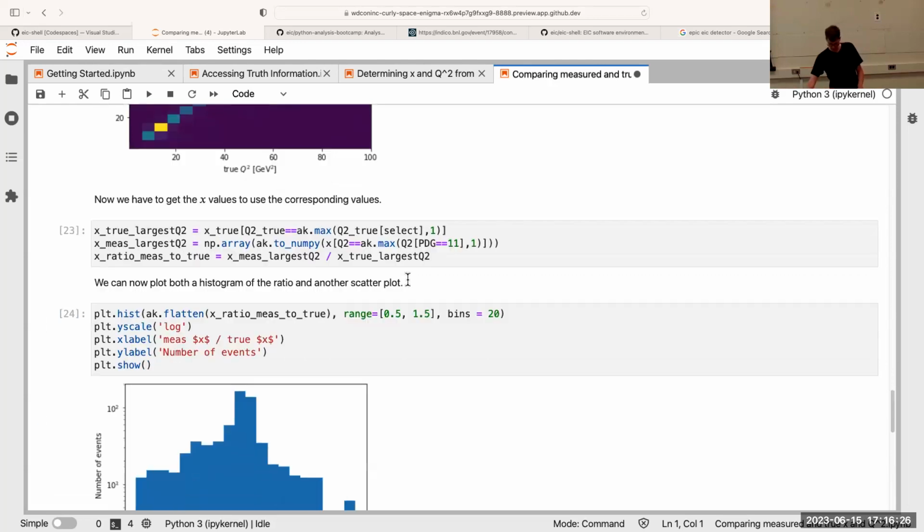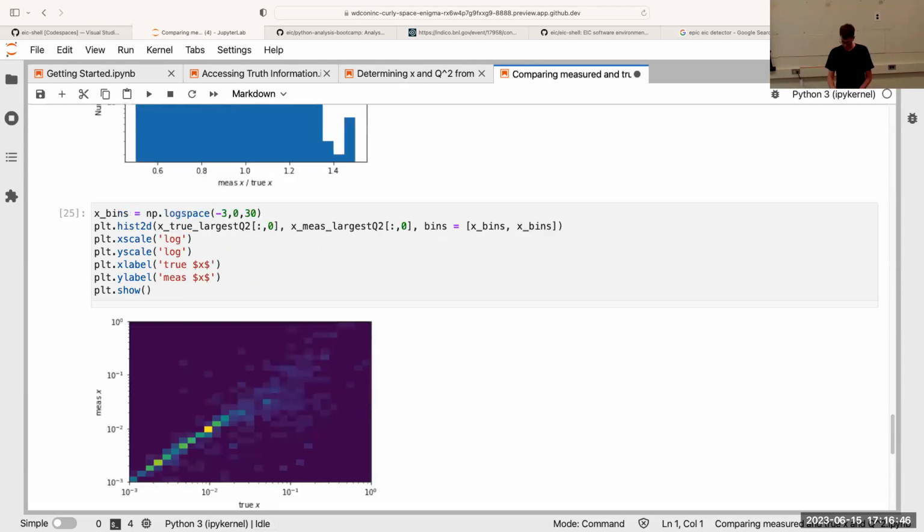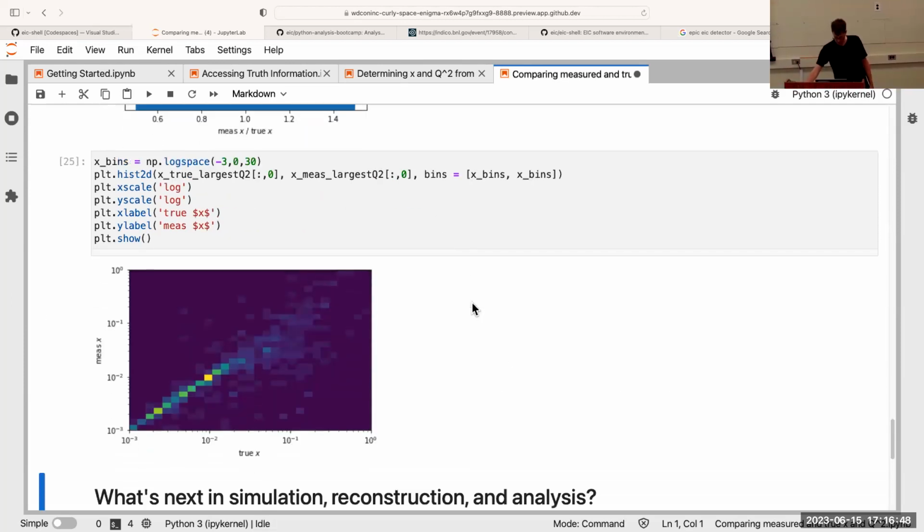Make the same kind of plot. As already seen earlier, for X this becomes a little bit more difficult. Where this is 50% off, this is 50% off. So there's of course a peak here, but it's not so great. If we look at this in a 2-dimensional histogram correlation analysis, you see again that, well, you hardly see it